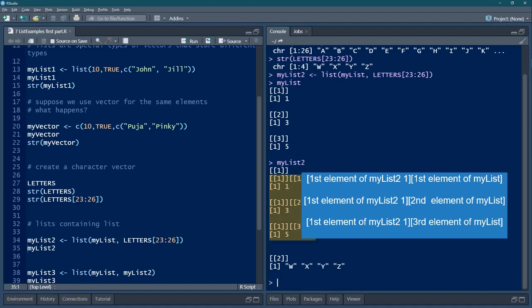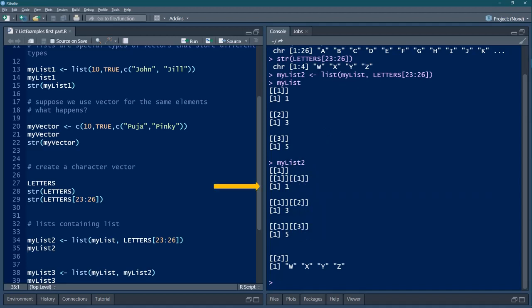In the first element, since it's a list, that is again shown as a list. That is, the mylist2 element number is given, followed by the first element mylist number. And that mylist first element we know is 1 vector. So that vector has come here. Now the whole arrangement here is in the first element. That's why this first element is mentioned here and the second element is mentioned here.